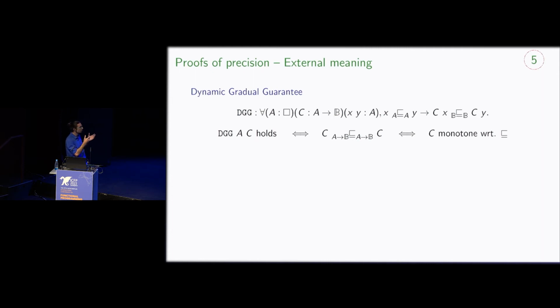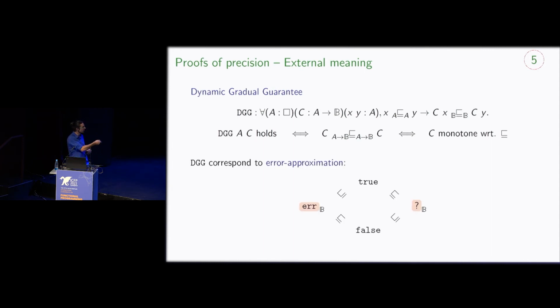And we have that the dynamic gradual guarantee will hold for a context C if and only if this context is related by precision inside the language at type of Boolean predicate on A, and if and only if this context is monotone. In order to understand concretely what this formula actually means, we should look at precision on Boolean